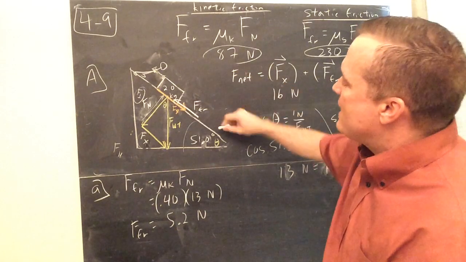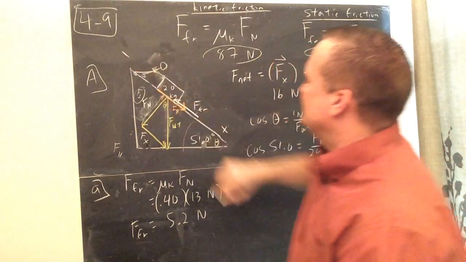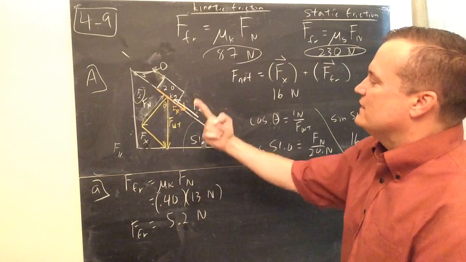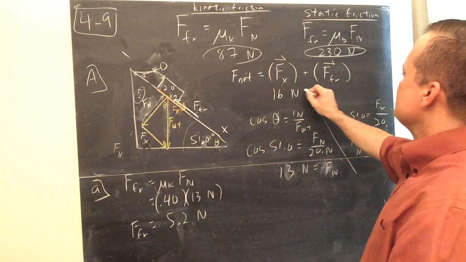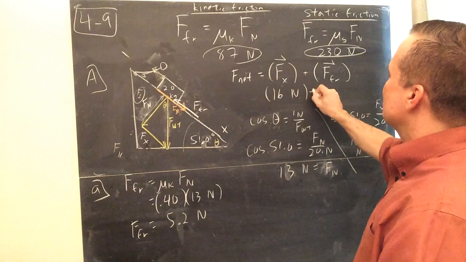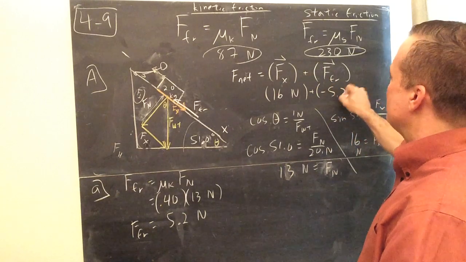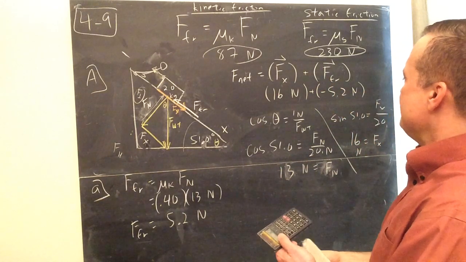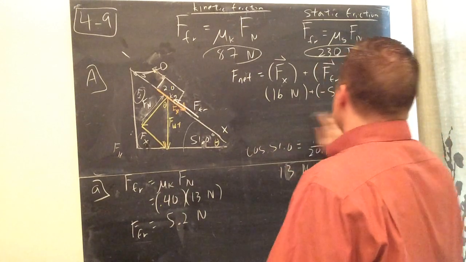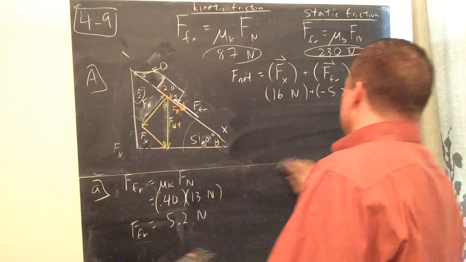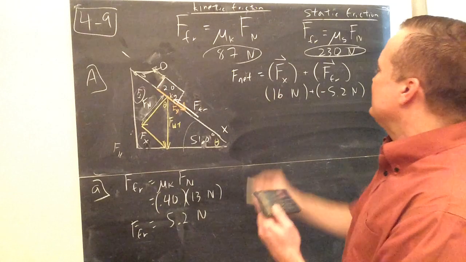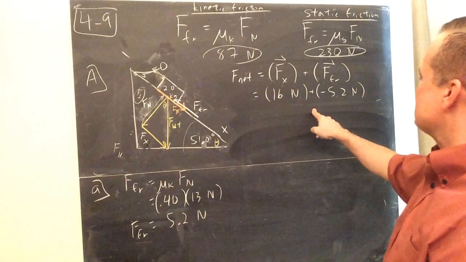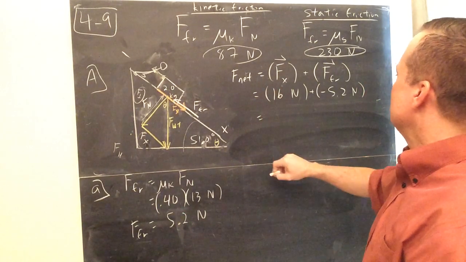We'll let down be positive, and we'll let up be negative here. And so friction is going against it, so it's negative. 16 newtons for Fx. Friction will be negative 5.2 newtons. Then we can find the net force is equal to 16 minus 5, which is going to be 11,